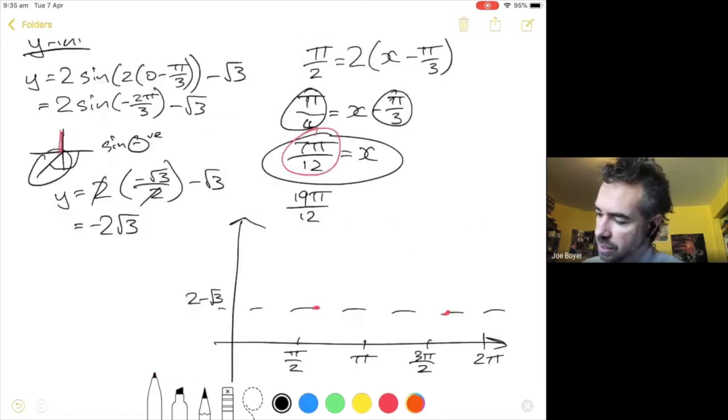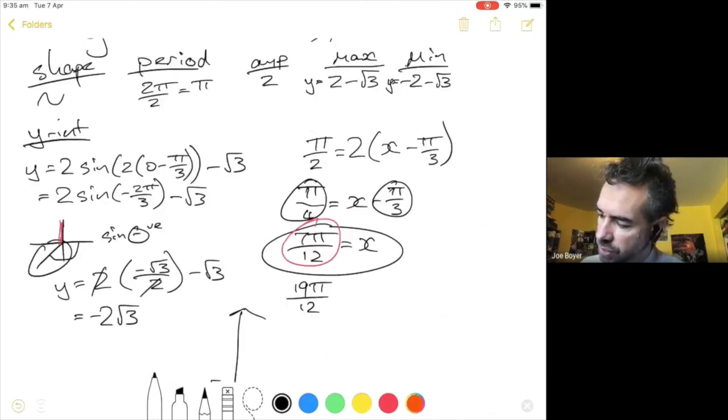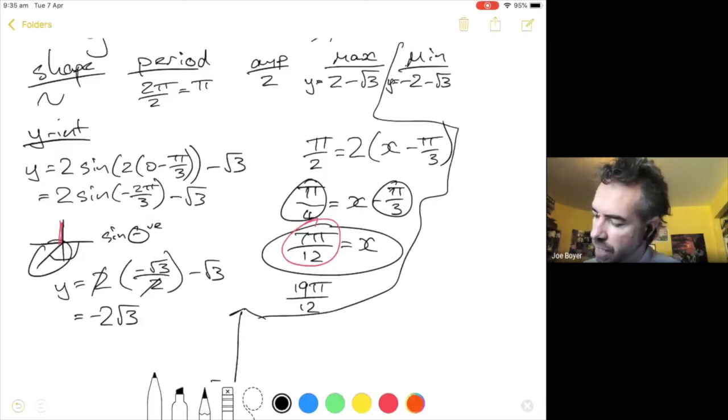Let's show it algebraically, just because we like to make sure of these things. And how I can show it algebraically is obviously that we've got two maximums. We've got this one here, 7 pi on 12, and this one here, 19 pi on 12. We know that our minimum has to be halfway between them. What's halfway between 7 and 19? 7 plus 19 is 26, divided by 2 is 13 pi on 12, which sure enough is the same little